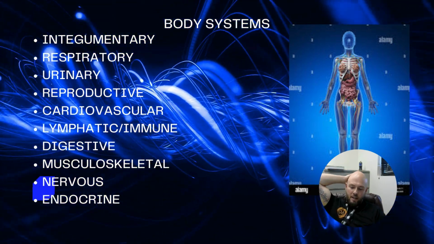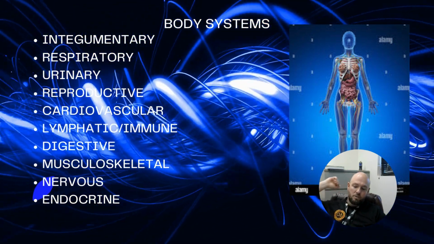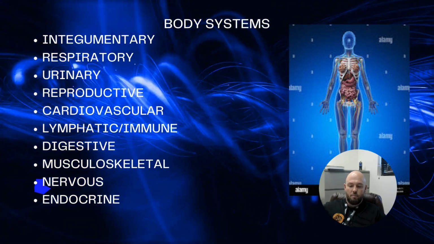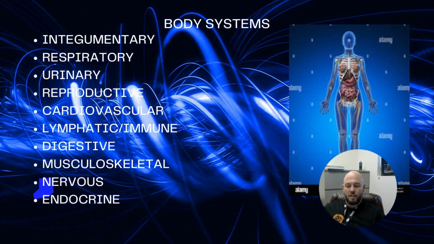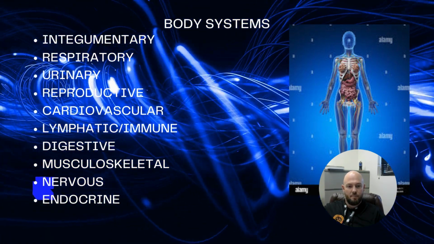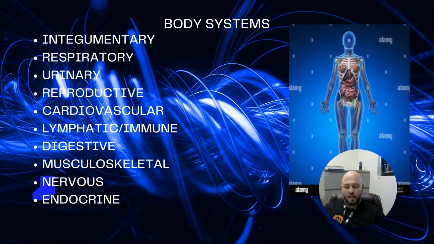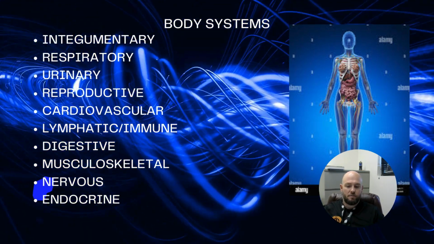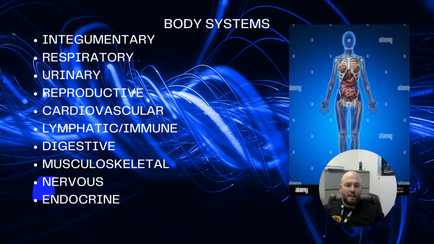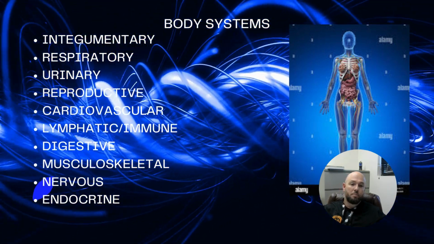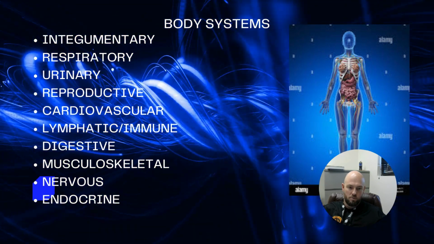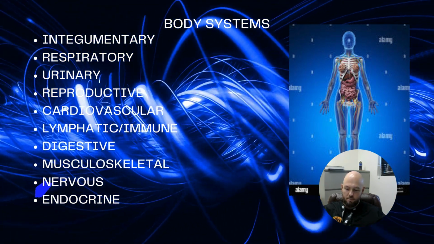Musculoskeletal system consists of your muscles, bones, joints, allows for movement and framework of the body, protects internal organs like inside your chest cavity and your cranial cavity, and allows for some storage of calcium. And also, most of your blood products are made in your bones, your musculoskeletal system.